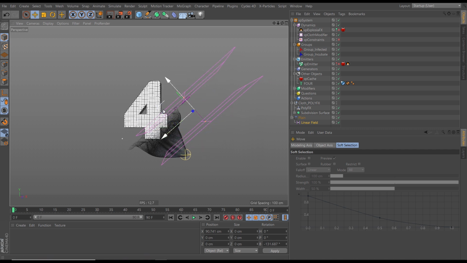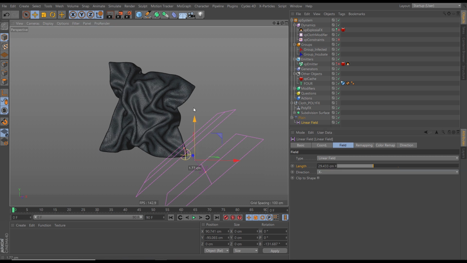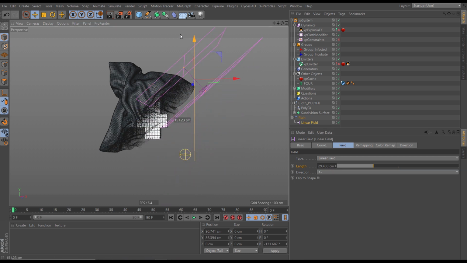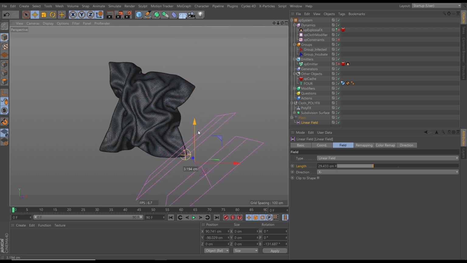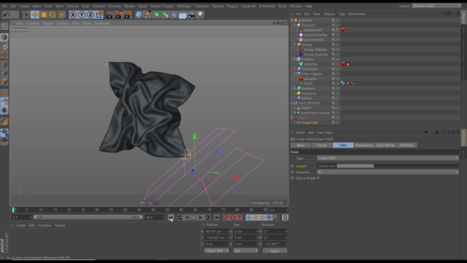And then what we're effectively able to do is just animate this up. So if we hit play, obviously it's the wrong way round. We need to invert it. So let's change that direction from +X to -X. So now it's invisible. And then we move it up, and now they're all disappearing. So all we need to do is keyframe this one parameter, the world Y. And if we hit play,